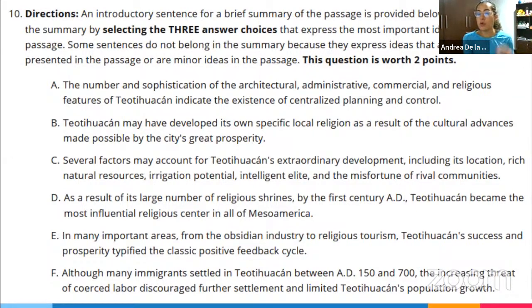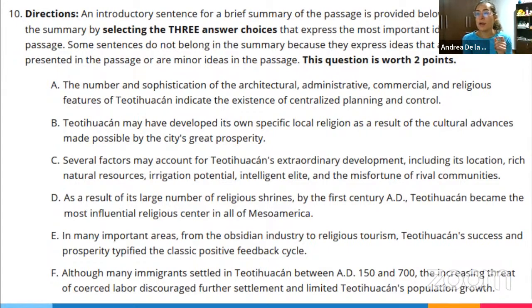And you guys need to choose 3 options, 3 answer choices that you feel express the most important ideas in the entire passage. Okay? There are going to be certain options that are not correct because those contain false information. Those contain information that was not presented in the text, or, and this is very common, you're going to have